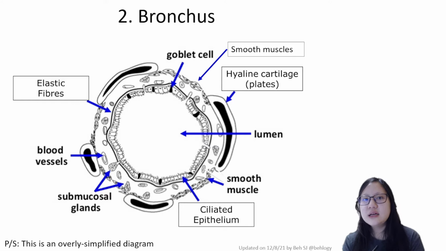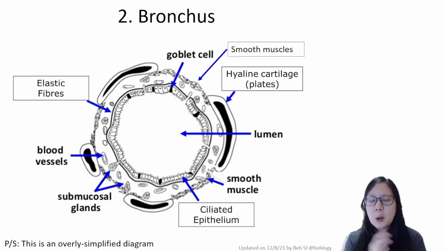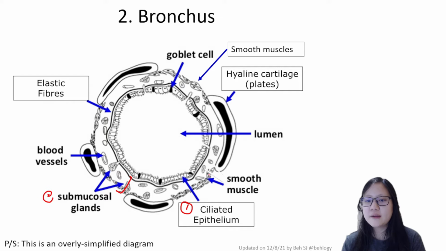Similarly to the trachea, it has quite a similar layer, except that the hyaline cartilage is not C-shaped, it's in the form of plates. Okay, let's label the different layers again. We start from the inside, there's the lumen, which is the hole. Then there's a ciliated epithelium, which is the first layer. Then we have the submucosal layer with the mucous glands. All right. And then we have the hyaline cartilage plates